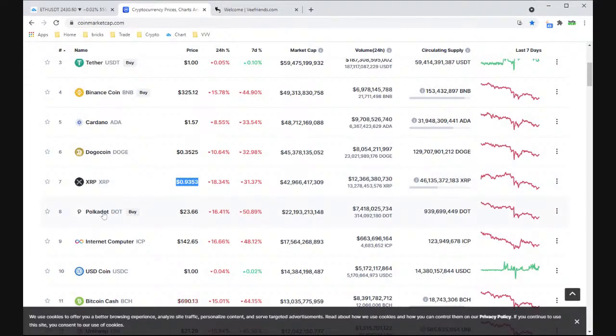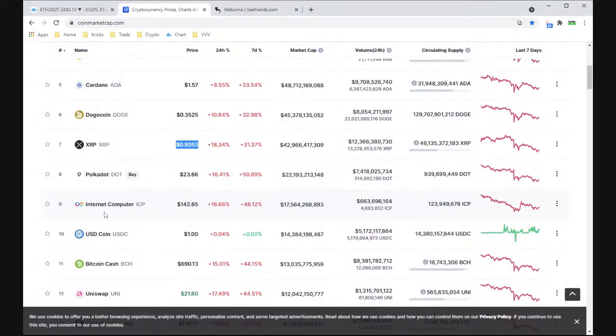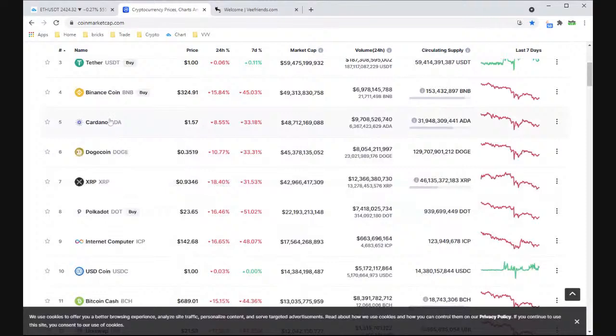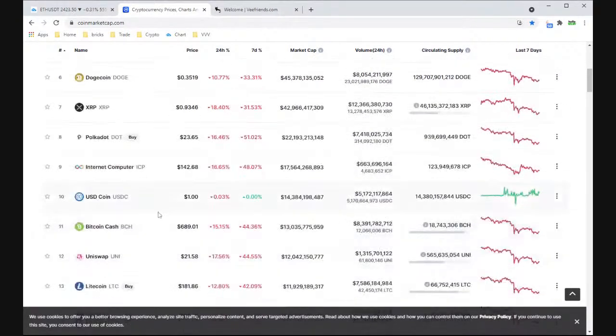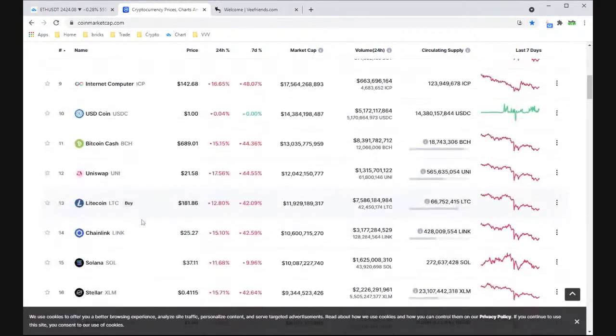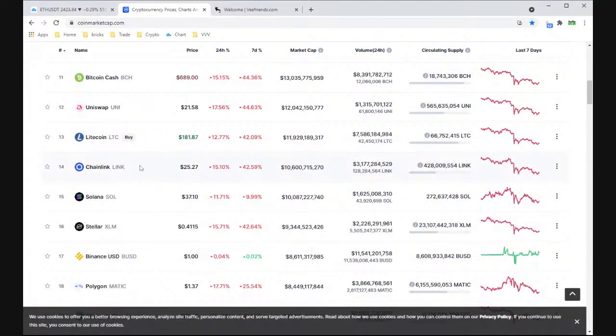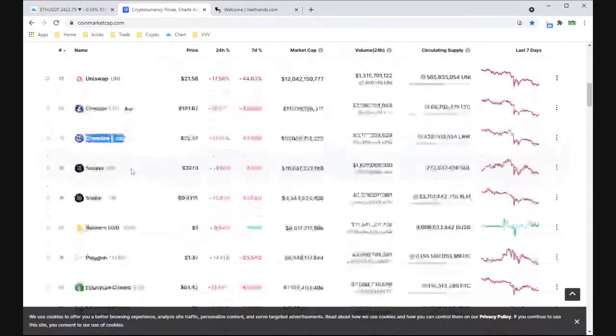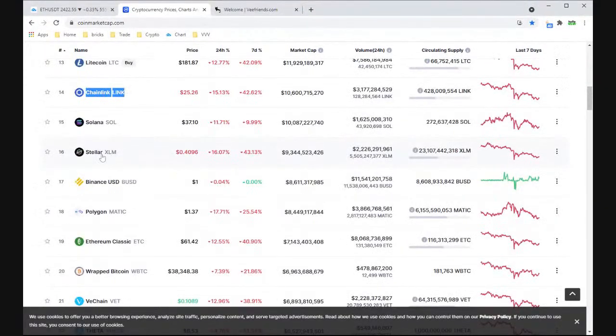So here's DOT. This is why I was wondering why no one really brought up DOT. And this is that ICP. This project, I think it was the past couple weeks, it got a lot of traction because of the amount of market cap that it ended up absorbing in a very, very short amount of time, and rightfully so. This is a tether. Tether is a tether. This is a tether. Bitcoin Cash, Uniswap, Litecoin. This is another one that doesn't get, for some reason, no one talks about this. No one talks about Chainlink or Polkadot in the Discord. XLM, I've seen that get brought up.